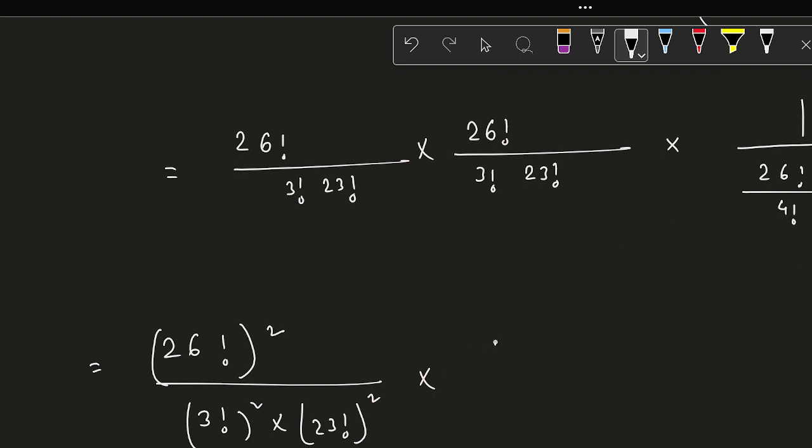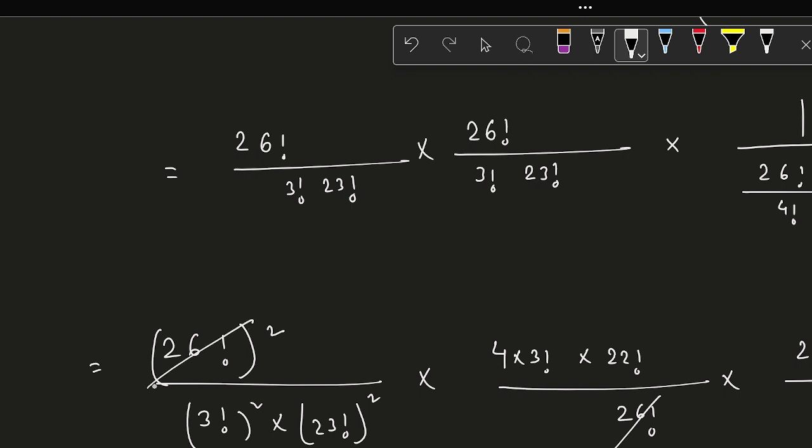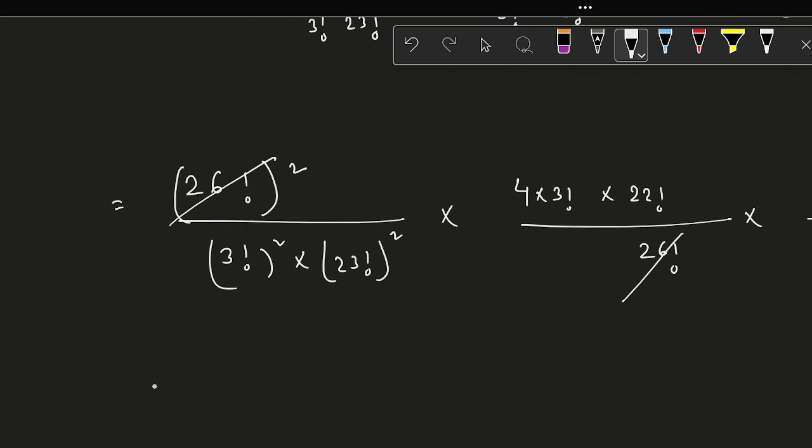So basically this is 4 into 3 factorial, we'll break it down like that, and then it is 22 factorial, we'll keep as it is, then divided by 26 factorial, and then this term also goes up, so it is 2 factorial into 24 factorial divided by 26 factorial. So this 26 factorial crosses off with the 26 factorial whole squared, and by solving it further we get